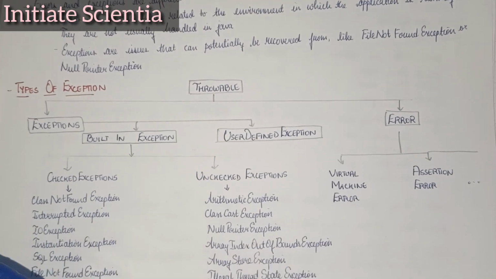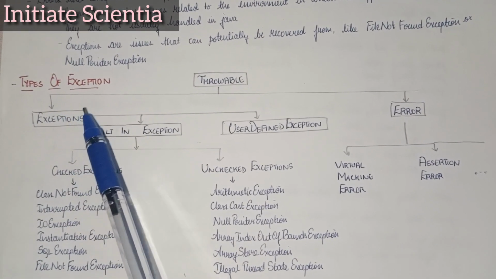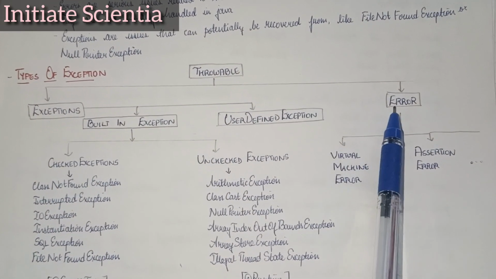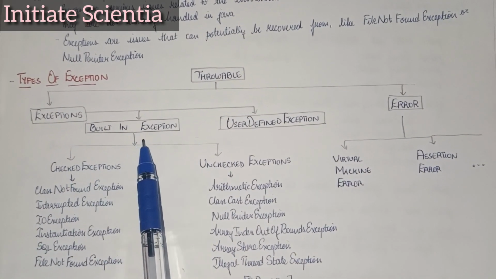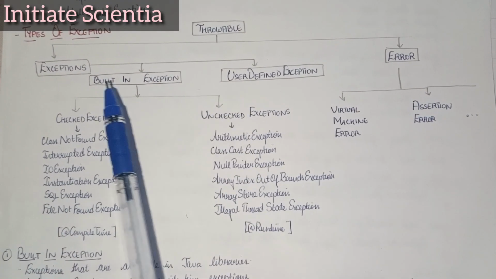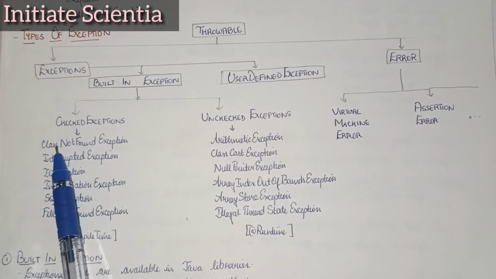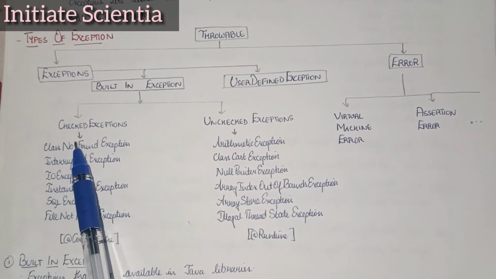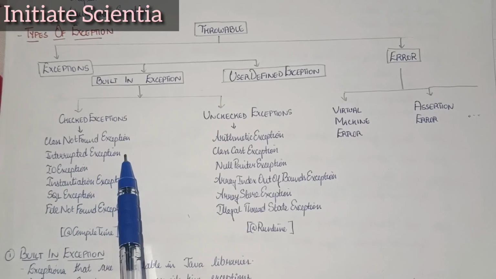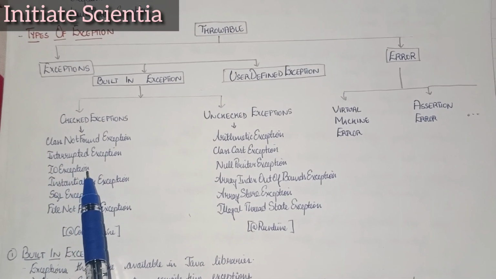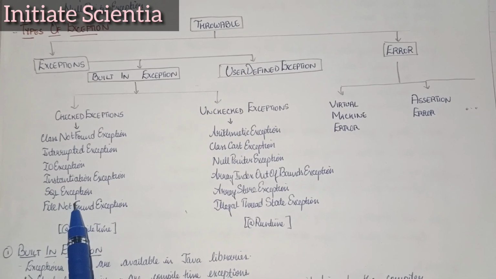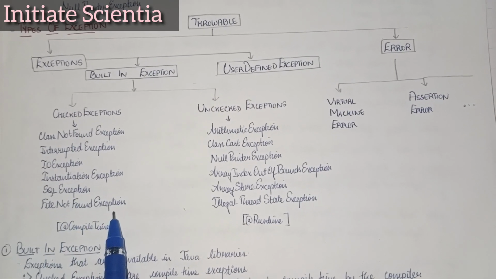Now let's see the types of exceptions. Throwable has exceptions and errors. Exceptions have two types, that is built-in and user-defined exceptions. Now, in built-in exceptions, you have checked and unchecked exceptions. Checked exceptions are class not found exception, interrupted exception, IO exception, instantiation exception, SQL exception, file not found exception, and